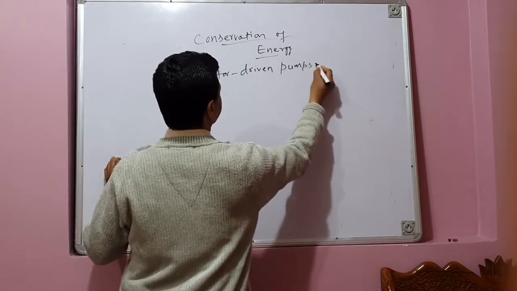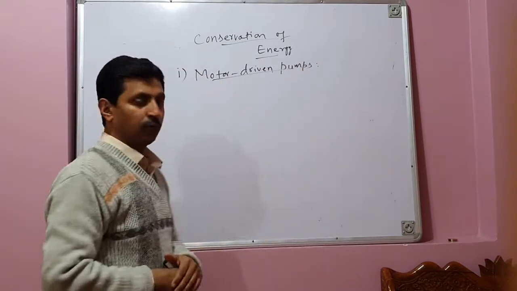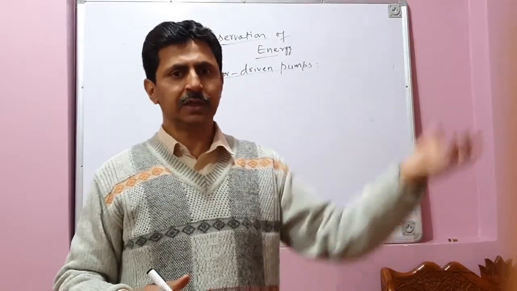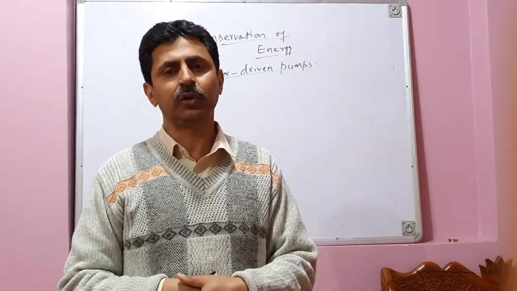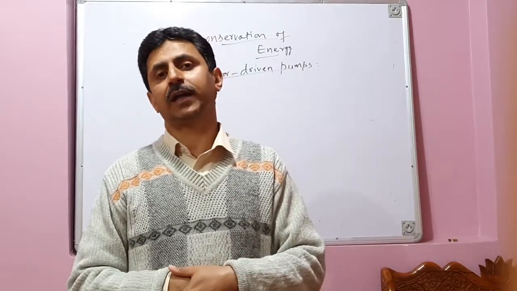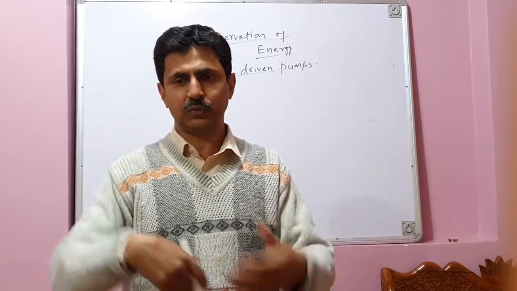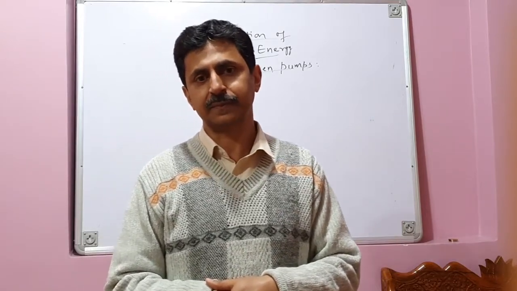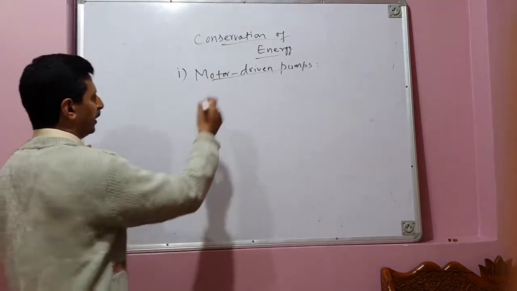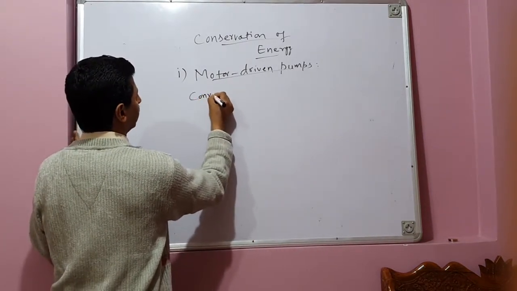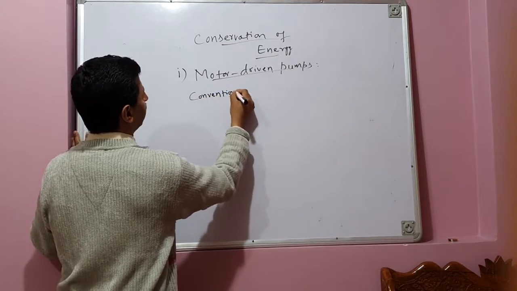Motor-driven pumps. Why do we use pumps? We use pumps for pumping the water at our homes to, say, second or third floor water tanks. And the main application is for agricultural purposes, where pumps are used for pumping of water for irrigation. Okay, now these motor-driven pumps, if you take a conventional or traditional motor-driven pump,